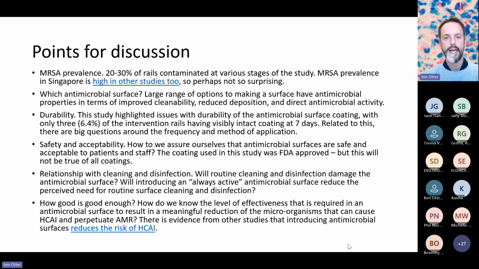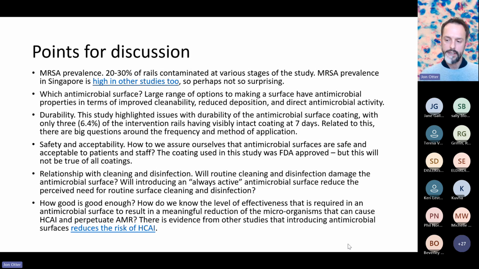There's certainly some feedback from looking at the hard metallic coatings, almost copperizing a surface, which has been done and shown to be effective to a large degree, actually. But then some of the patient feedback is, understandably, look, I don't really want to sit on a copper toilet seat. It's a bit cold. These daily realities for patients and staff are important when it comes to whether an intervention will be effective and adopted.